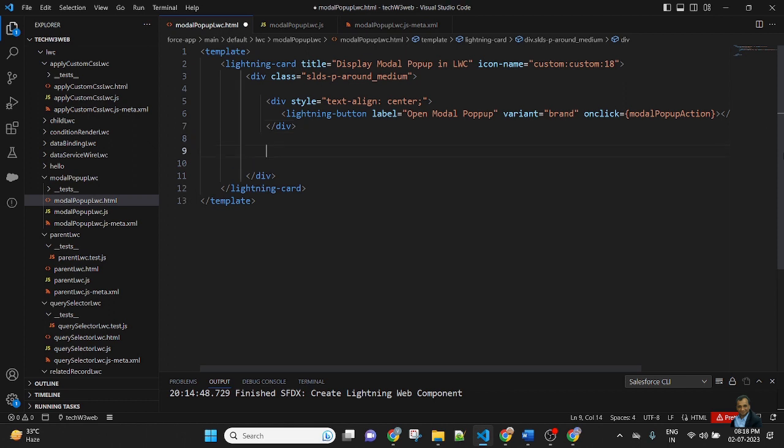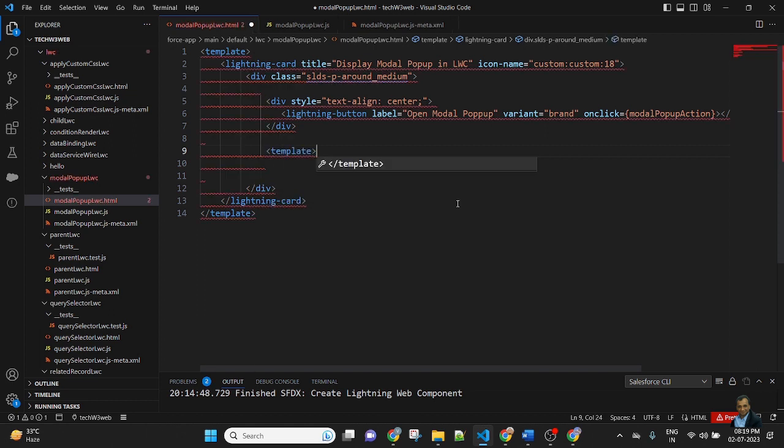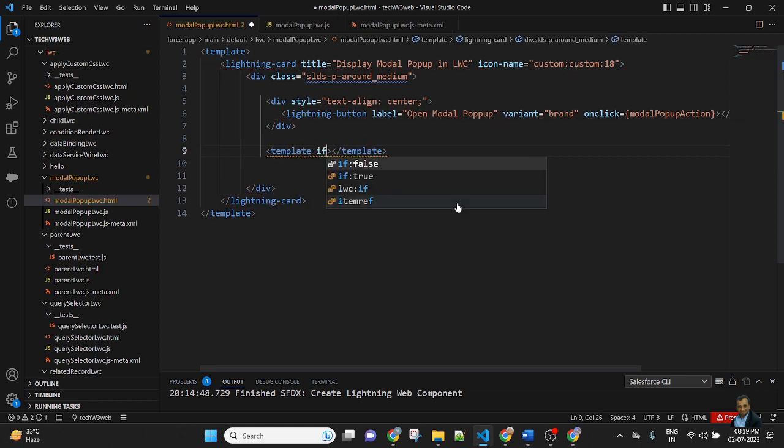After that, I will create the modal pop-up. Here I will apply a template if. I will use a variable in the JavaScript, and whenever it is equal to true, then the pop-up will be open. So here I will apply a template if:true, and in curly brackets pass the customModel.